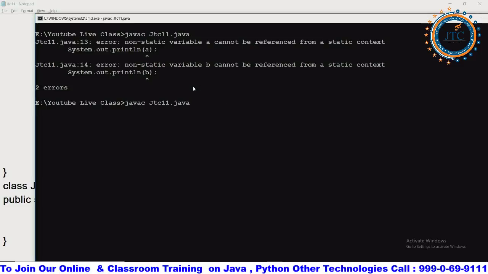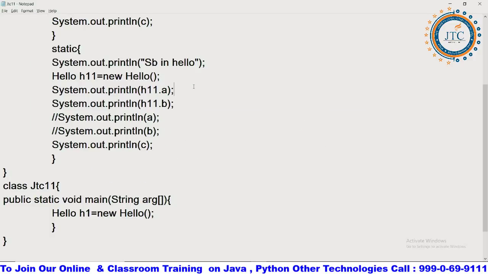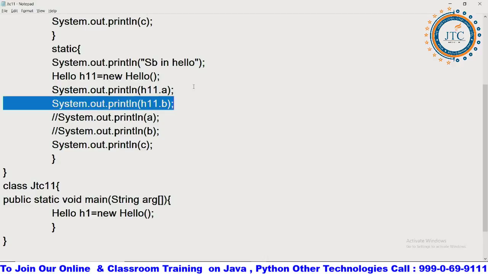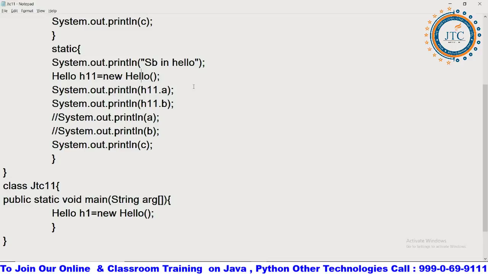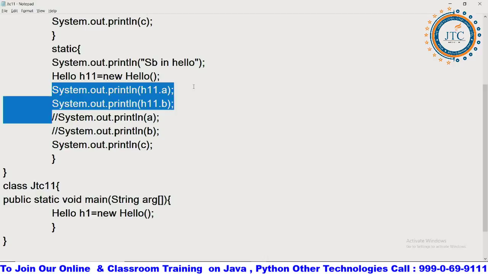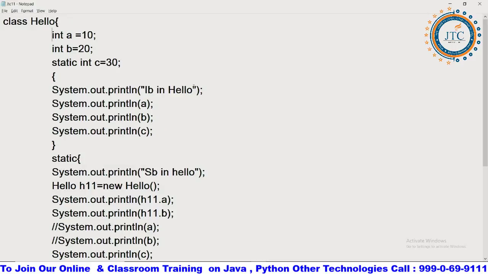So, some of you yesterday were saying that memory is not allocated, because of that we cannot access. No, it is not the only reason. The memory is allocated, but it is not able to find the reference of these variables A and B. I hope you are understanding this. The reference for A and B has not been allocated in these cases, and since it has not been allocated, that is the biggest problem, and that's why we are not able to access them. So I hope this is clear to you, for the instance as well as the static variable.